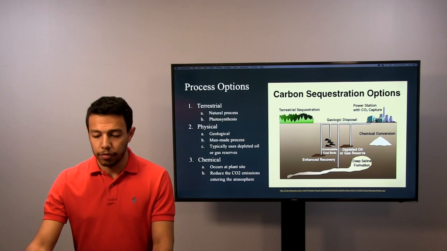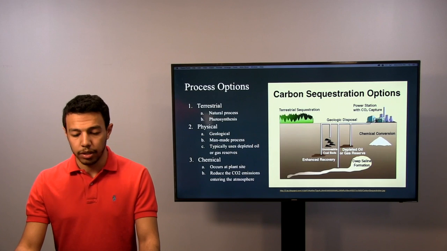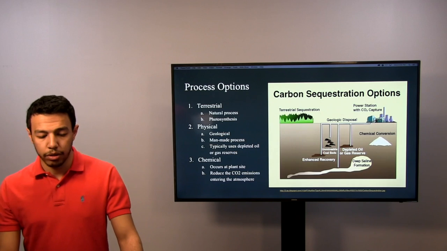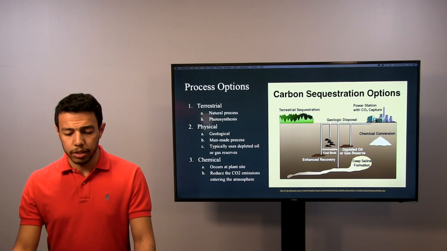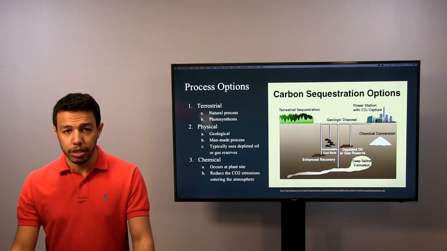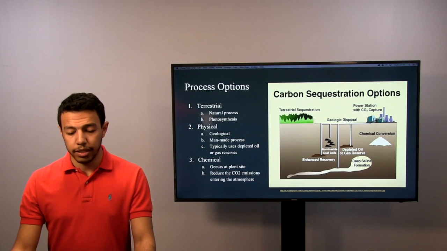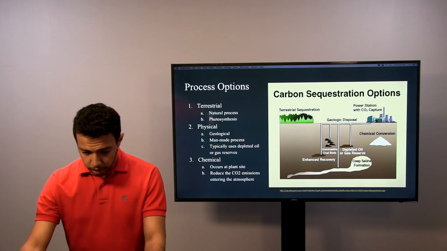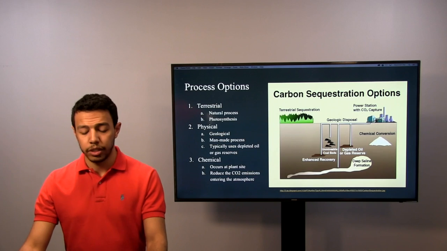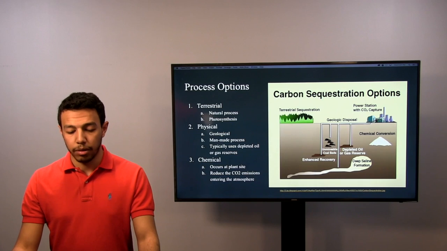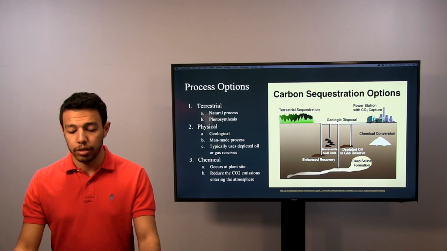Geological sequestration refers to the storage of CO2 underground in depleted oil and gas reservoirs, saline formations, or deep and mineable coal beds. Once CO2 is captured from a gas or coal-fired power plant, it would be compressed to approximately 100 bar, so that it would be a supercritical fluid. The CO2 would be easy to transport via pipeline to the place of storage. The CO2 would then be injected deep underground, typically around 1 kilometer, where it would be stable for hundreds to millions of years.